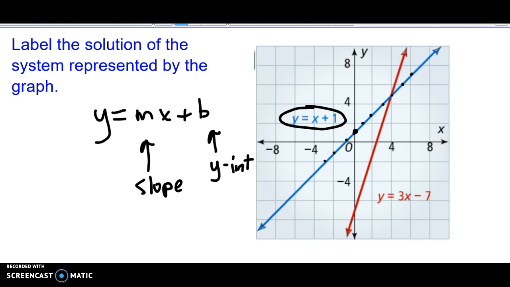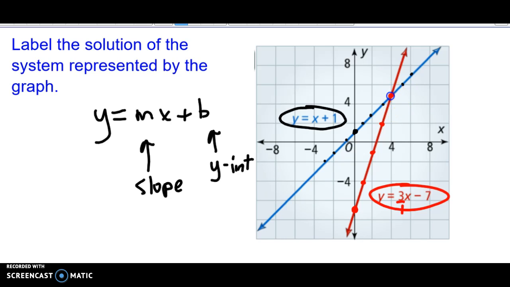For my red line, my equation is y equals 3x minus 7. So negative 7 is my y-intercept, which is down here. So from my y-intercept, I have a slope of 3. So I'm going to do a rise of 3 and a run of 1. So I'm going to go up 1, 2, 3, over 1. Up 1, 2, 3, over 1. And that pattern will continue